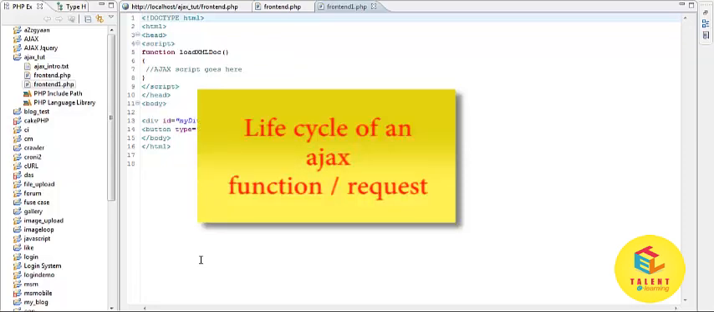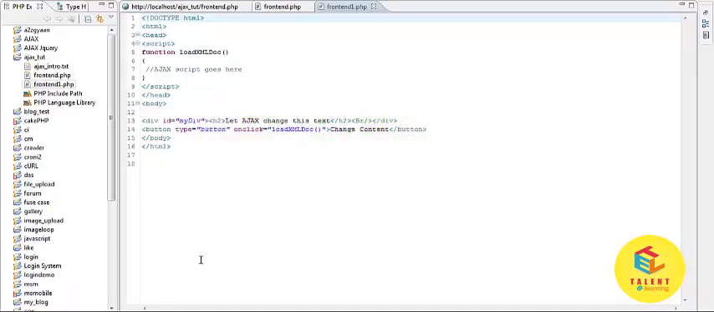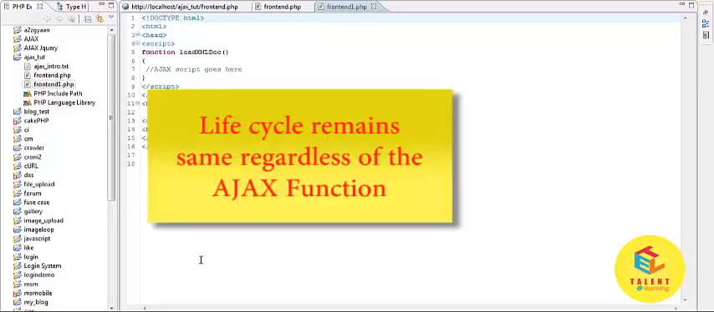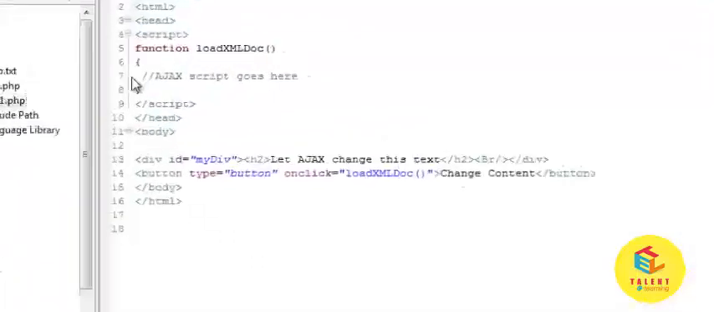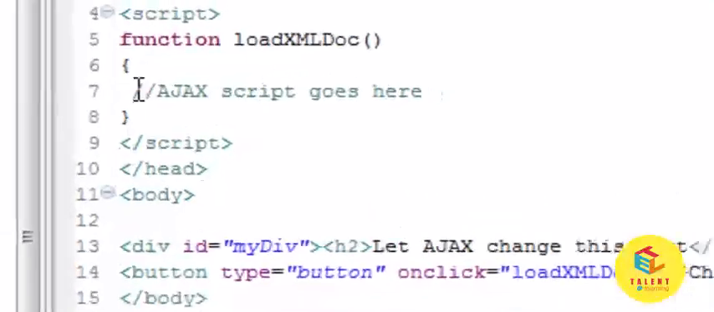In this tutorial, we'll learn about the body of the AJAX function to be called. What goes inside the body of the function is of prime importance. Once you master the skill of writing the body of the AJAX function, it is pretty easy to learn and start writing AJAX script. So if you recall our previous tutorial, this was how the function loadXMLDoc looked